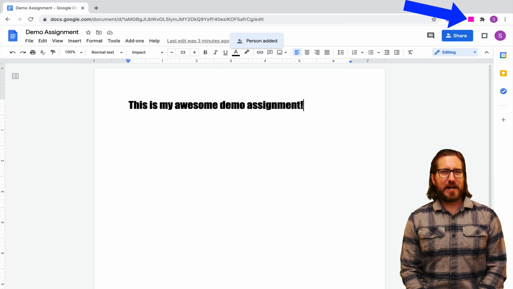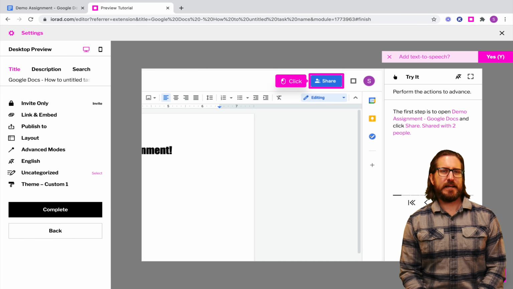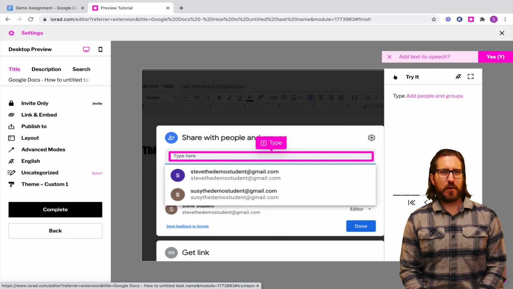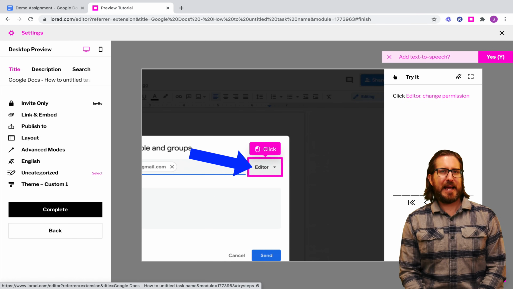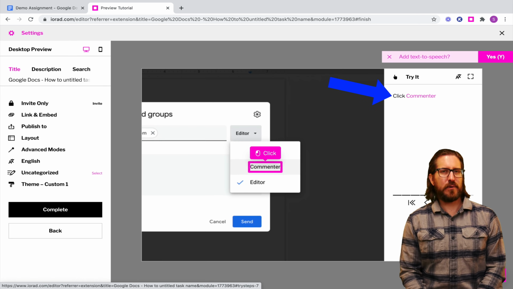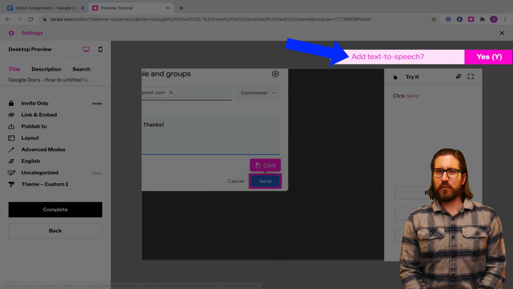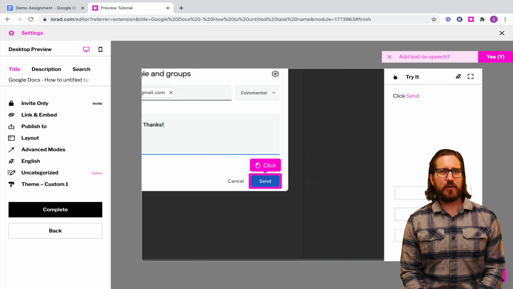Once you're finished, IORAD uses AI to create a tutorial that breaks down what you did into single-click actionable steps. Each step of the tutorial automatically highlights the part of the screen where a student would need to click, and it even auto-populates editable instructions based on the steps you took on the screen. It will also read those steps aloud using AI technology that's similar to Alexa. With a paid plan, you'll have additional options such as adding your own voiceover to further customize the tutorials you create.